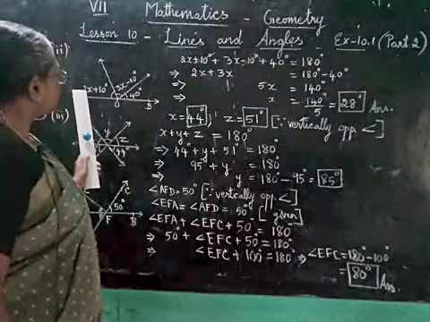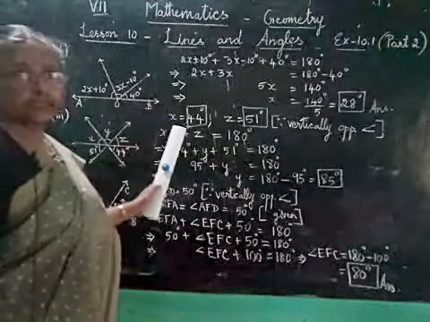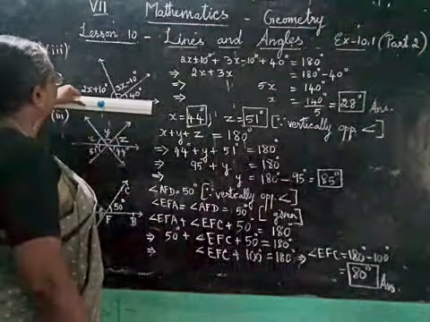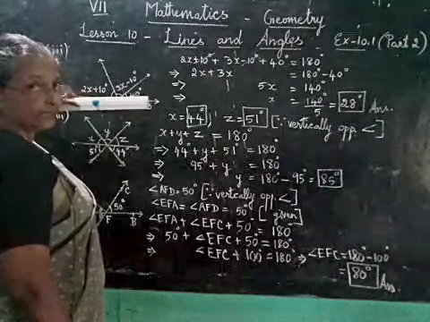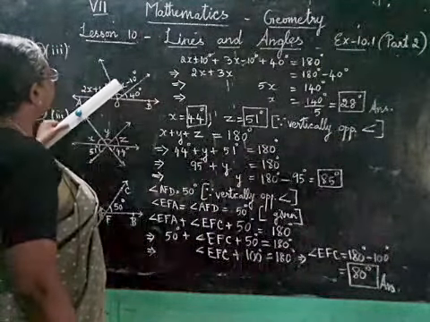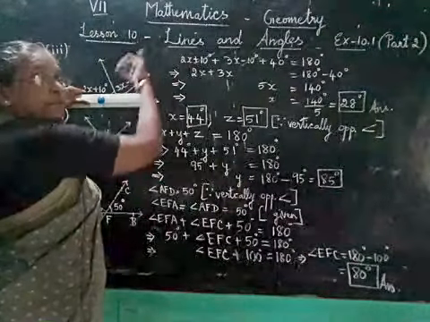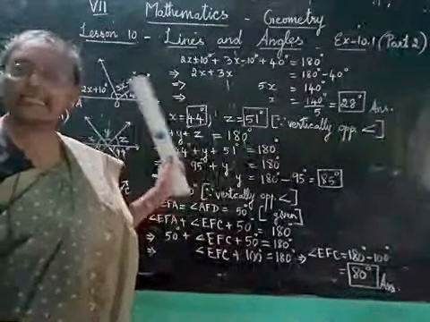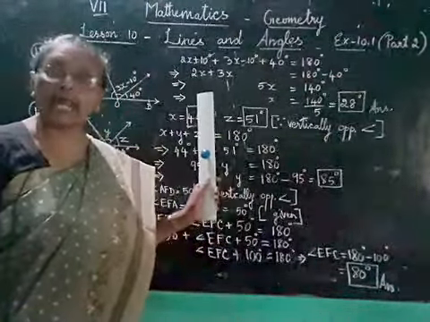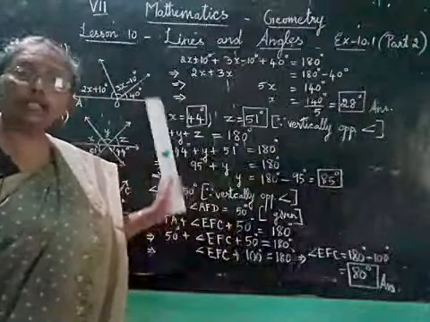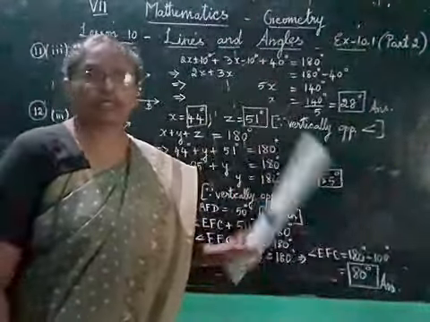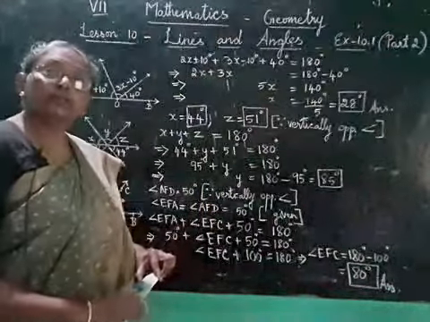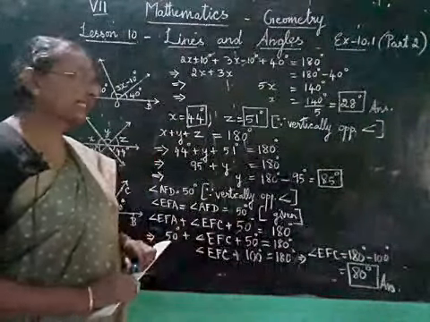So, one thing we can note here is all these three angles are lying on the same side of line AB. AB is a line and these three angles are lying on the same side of line AB. So we have learnt in the earlier module that in such a case the sum of those three angles will be 180 degrees. When two or three angles, whatever number of angles lie on the same side of a line, they will be summing up together as 180 degrees.